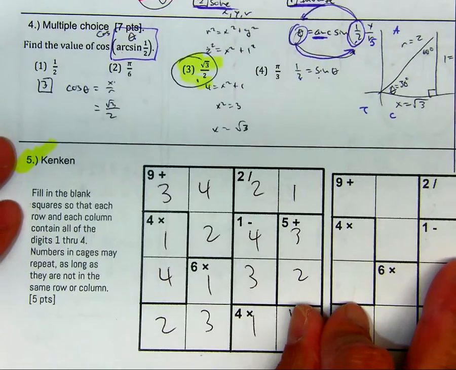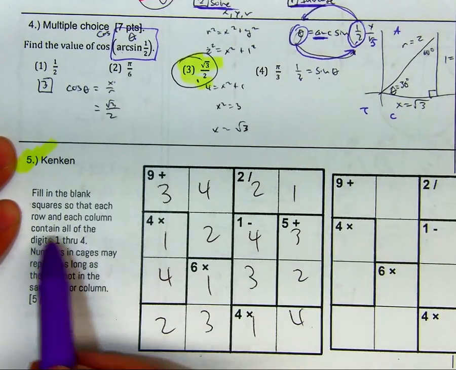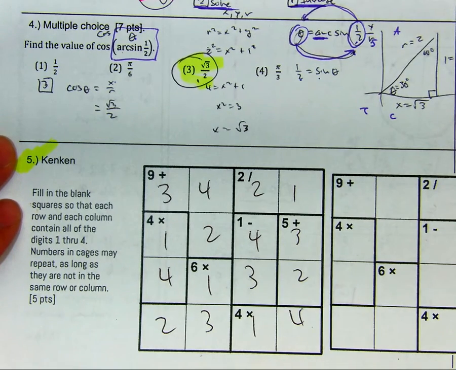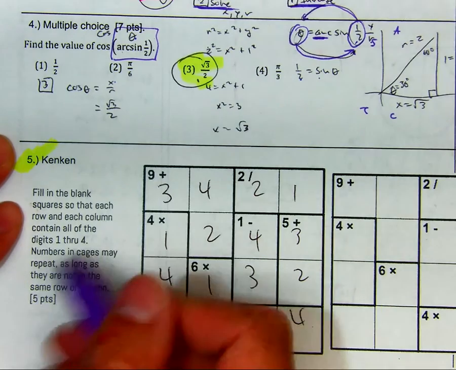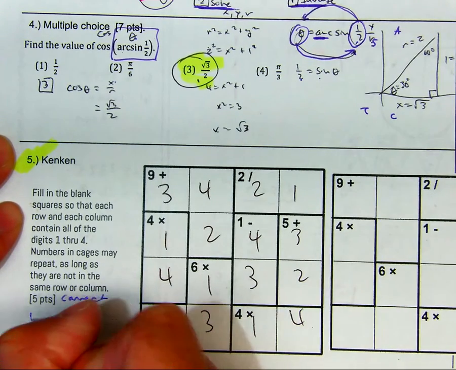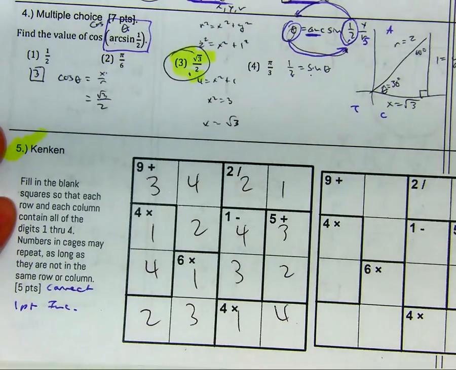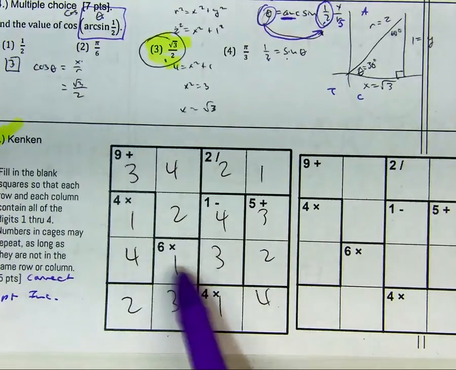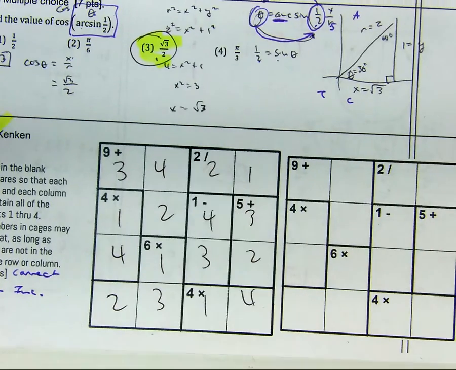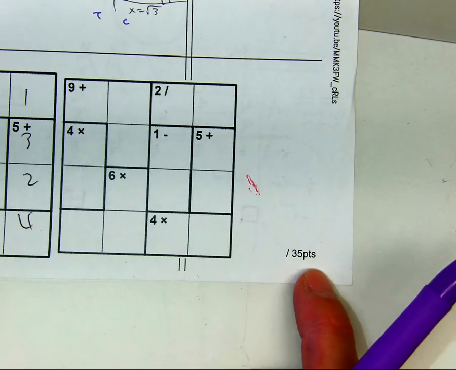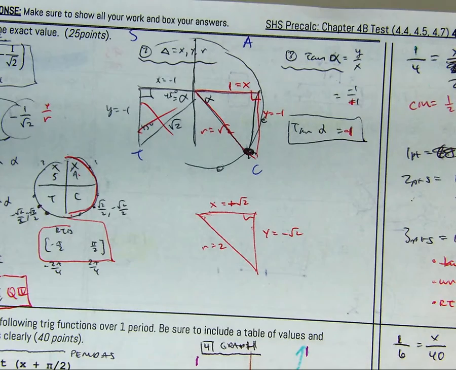Question number 5 for the Ken. Fill in the blank square so that each row and column contain all the digits 1 to 4. Numbers in cages may repeat as long as they are not in the same row or column. You got 5 points if you were correct, and then 1 point if you were incorrect. Look for the freebies, and you only have to do it once. Remember, that means division. And if you add up all the points on the front side, that one is out of 35. If you go to the back side,